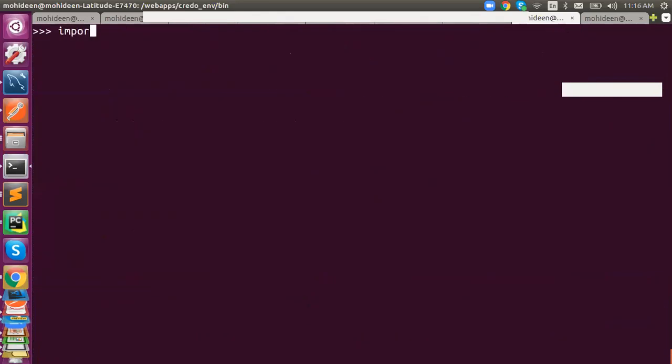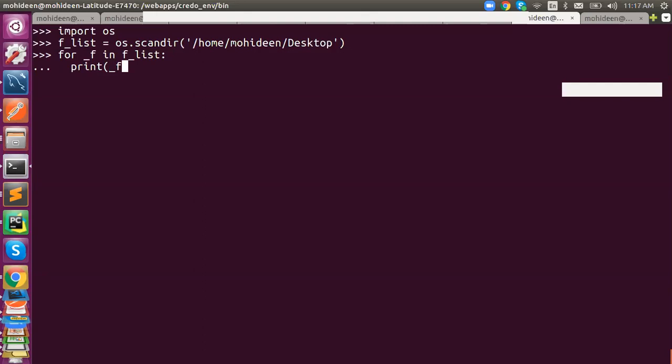I just import os, and I say os.scandir, to get the file list. Then for iterating f in the list, print f.name, the file name, and its creation time.